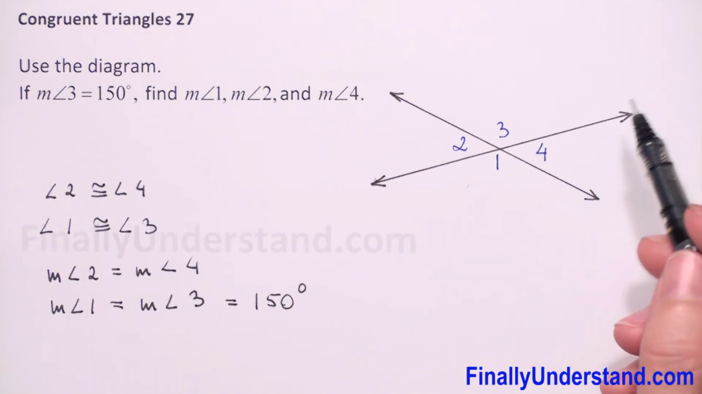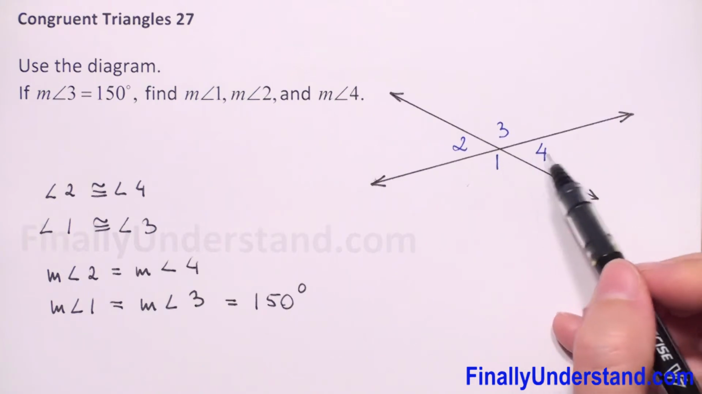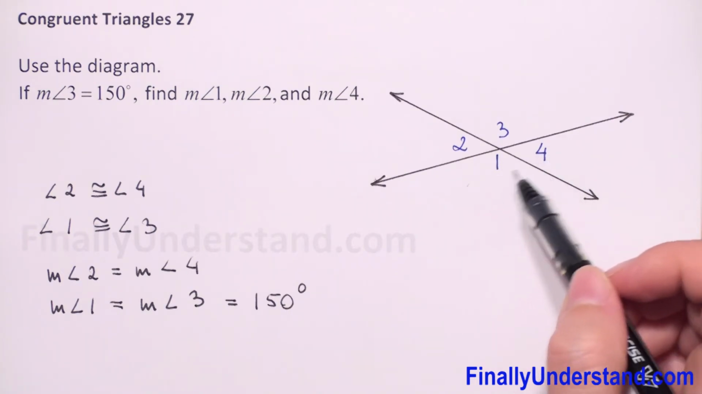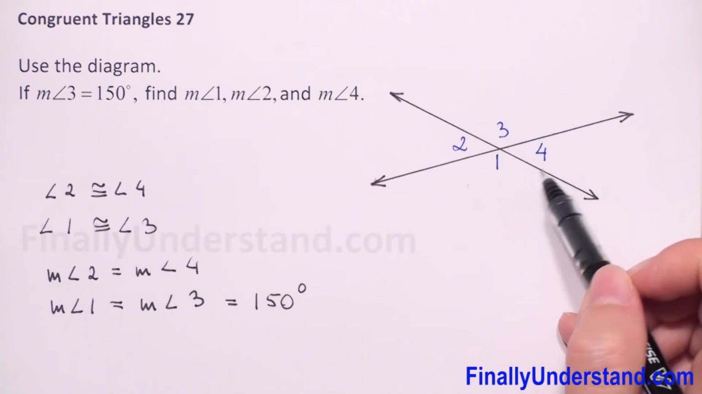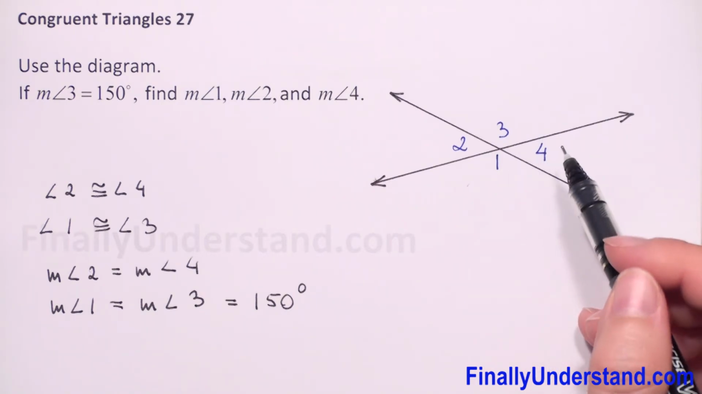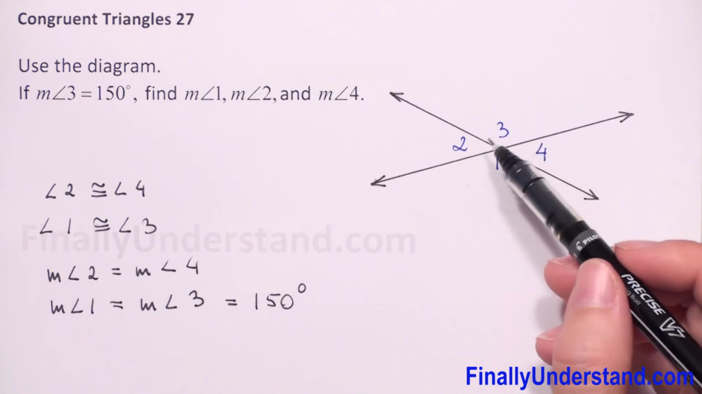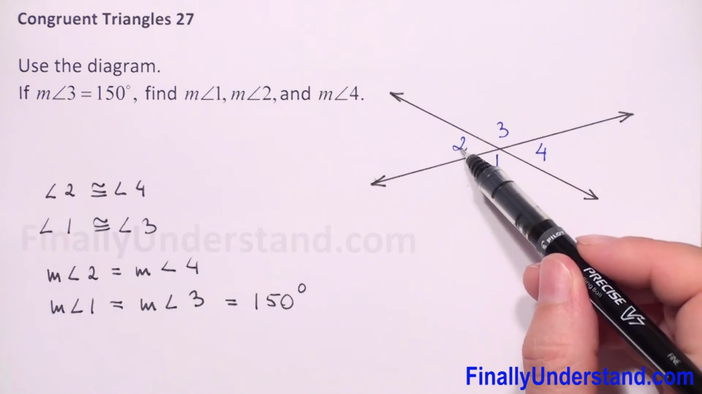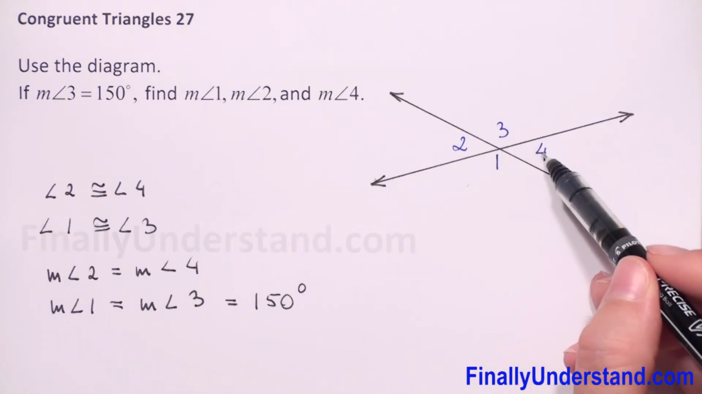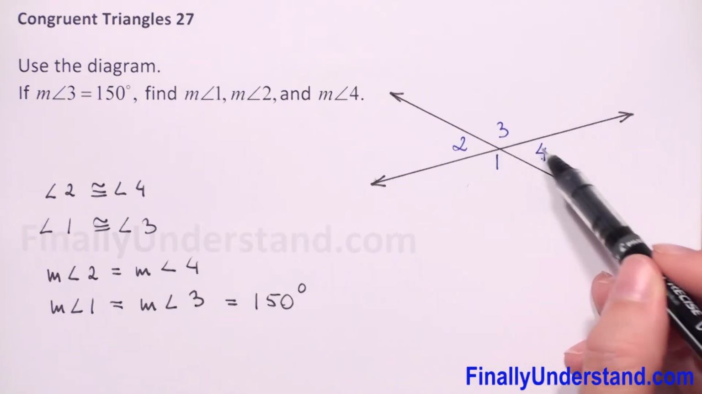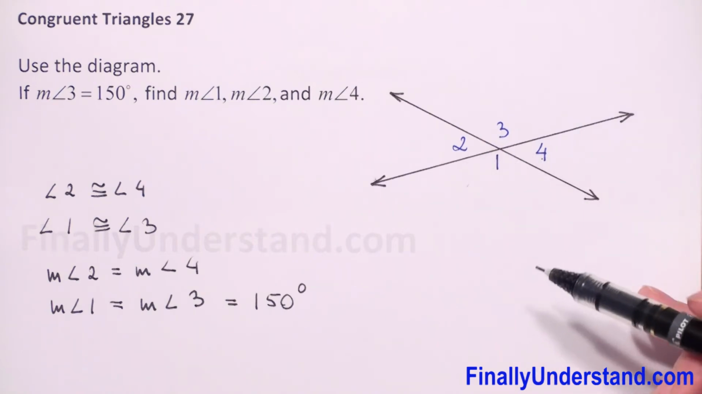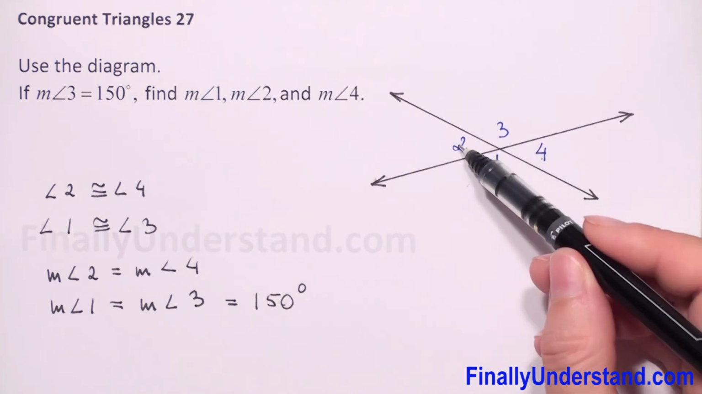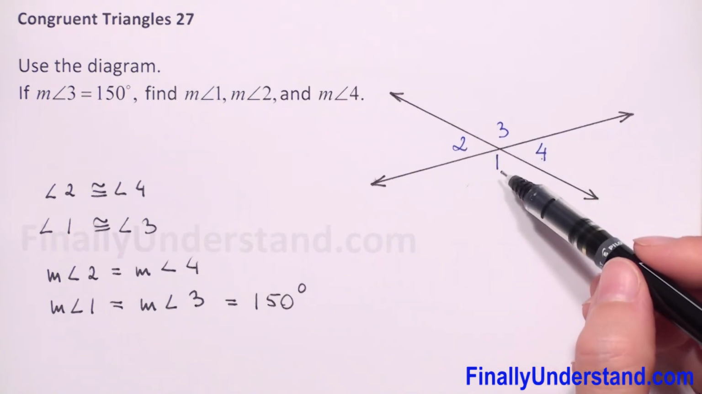What else? Angles 1 and 4 are supplementary angles. So the measure of supplementary angles is 180 degrees. Or you can choose 2 and 3. They are supplementary angles, and 1 and 2 or 3 and 4. It doesn't matter which pair you choose. The answer will be the same. So let's put now that 1 and 2 are supplementary